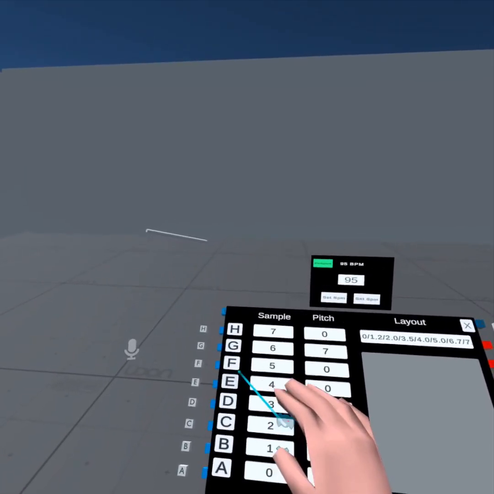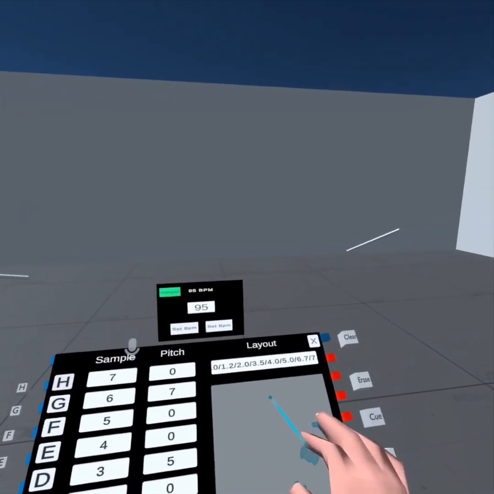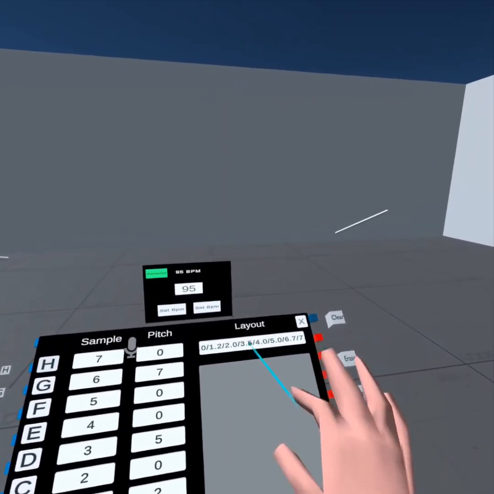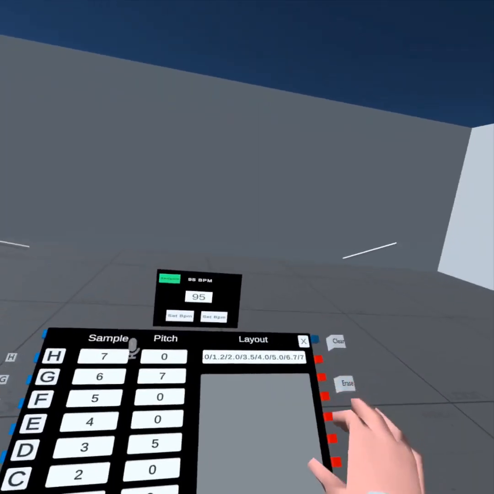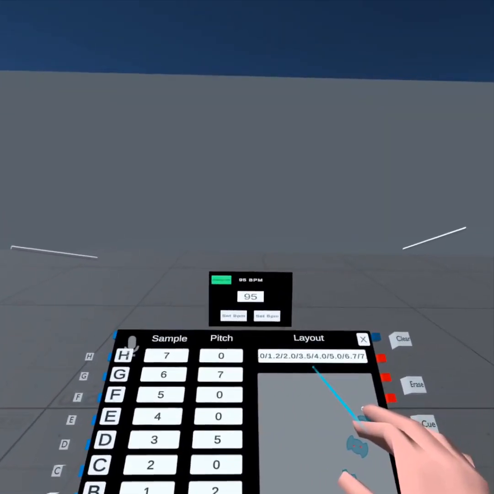You can test them out. And there's supposed to be a list here of all the samples that are currently loaded. I'm not sure what happened. It's supposed to do that whenever it wakes up. I'll have to fix that. But anyway,